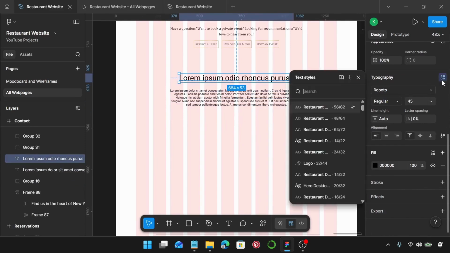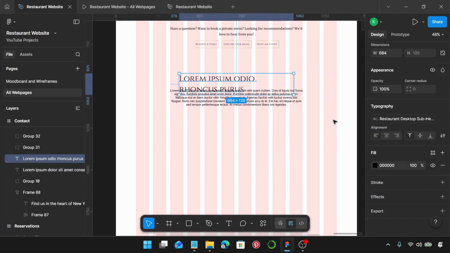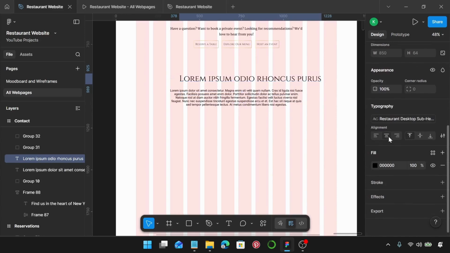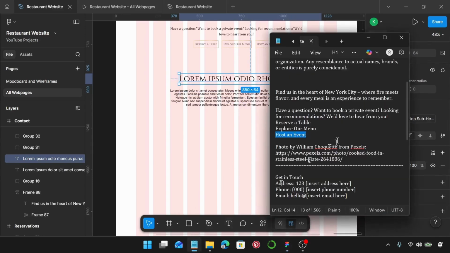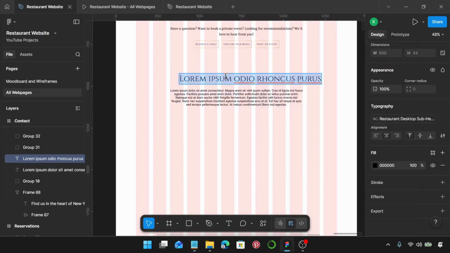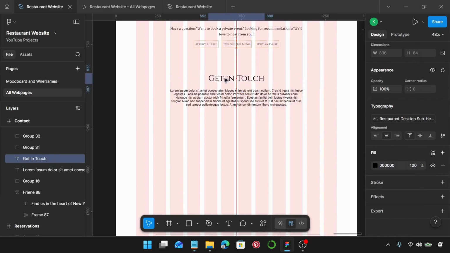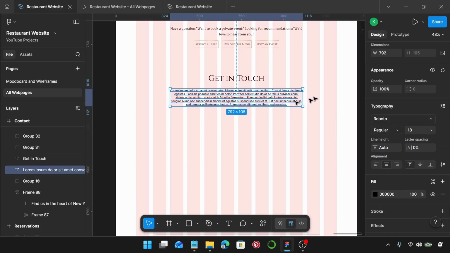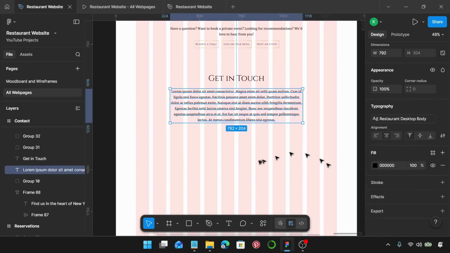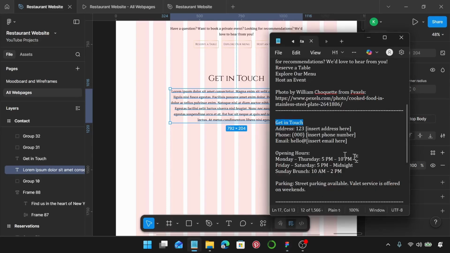I'm going to change typography to restaurant desktop, subheading, resizing should be auto width, and alignment of text should be center. I'm going to grab the subheading for this section and I'm going to paste it here, and I'm going to align this text to the center of the frame. Select this body text and I'm going to go over to typography and change the typography to body text. Now I can just copy